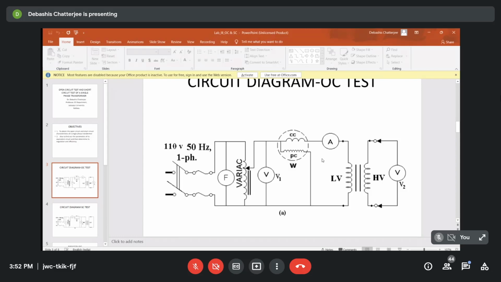No load current, as I have said, it will take low current. So what is that low? Low is around 5% of rated current, right? So if you have connected high voltage in the left side, full load current was 1 ampere. So at rated voltage, it will take a current of 5% of 1 ampere. That is how much? 5% of 1 ampere is 0.05 ampere. So it is 50 milliampere. Now 5% of 10 ampere, if you have connected LV here, it is actually 500 milliampere.